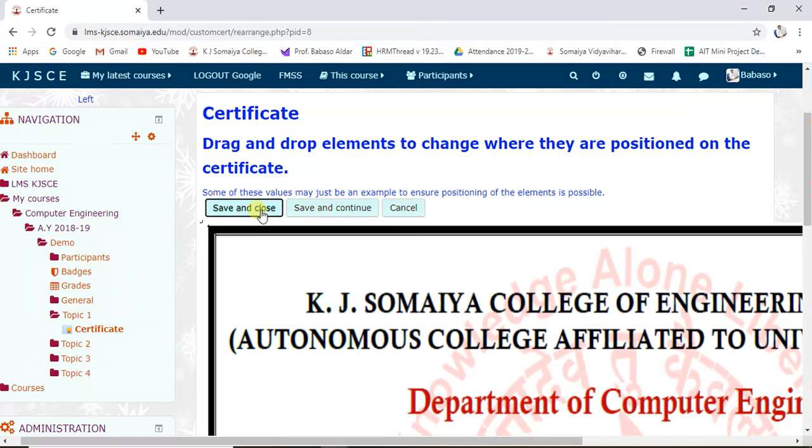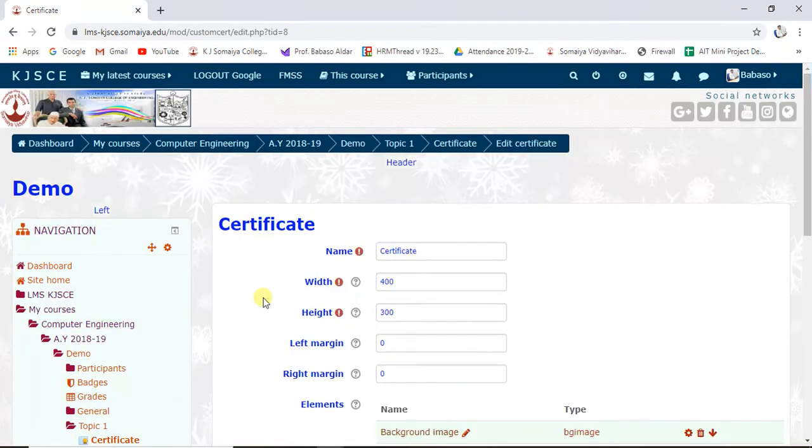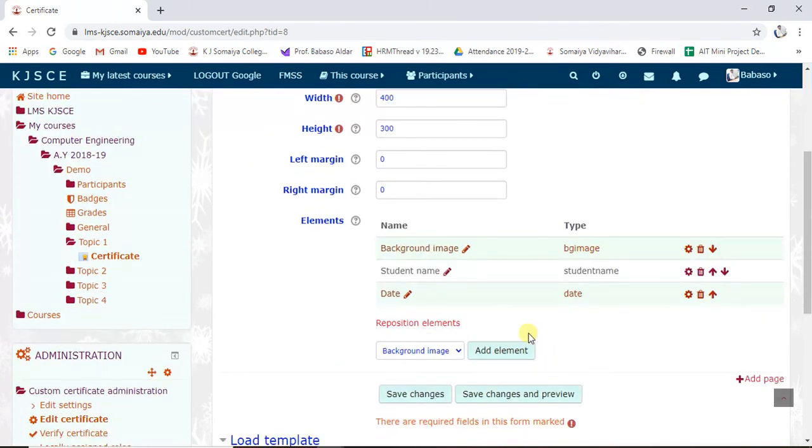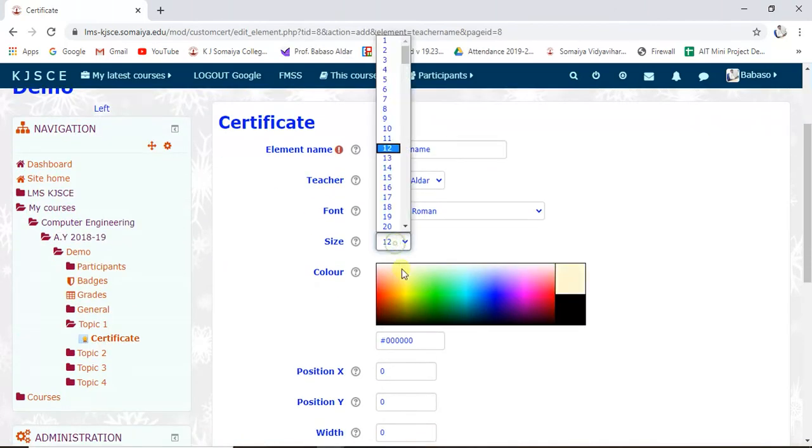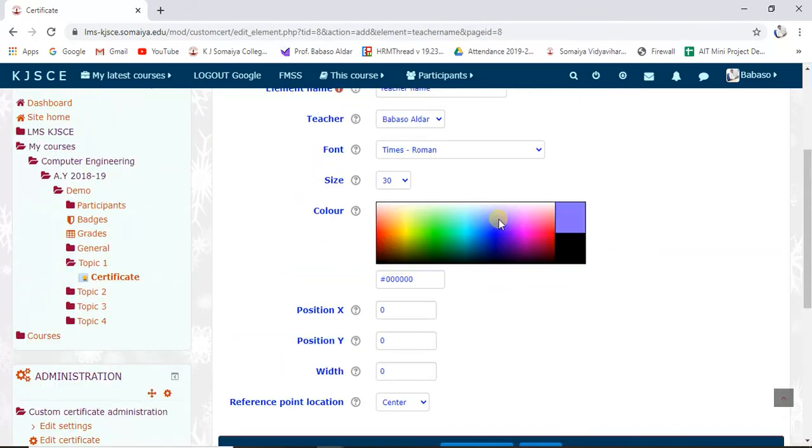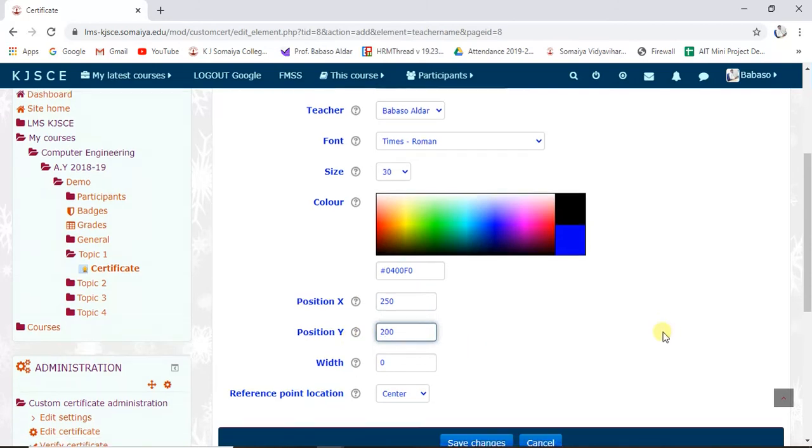Again you can add some other elements. For example you want to print the teacher name, right? You can add this element. Same here, 30, right? And color, and here I'll give for example 250 and 200, right?